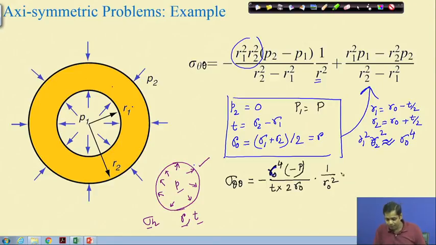Okay. Then plus this term P2 is equal to 0. So, this becomes R0 square, this is P, and this becomes T into 2 R0. So, finally, it becomes P by 2,